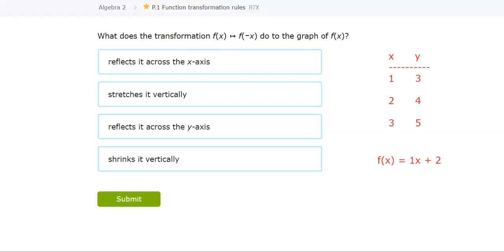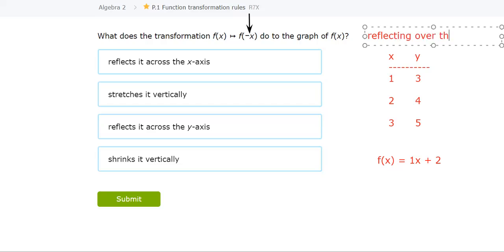That's just a rule. If we're dealing with a negative, we are going to be reflecting in some shape or fashion. Now, if the negative's inside the parentheses, we're going to be reflecting horizontally or over the y-axis. So we could be reflecting from left to right, right to left. It's affecting the x values. So let me just type that up for us. So we're going to be